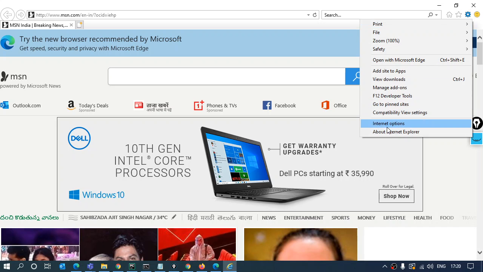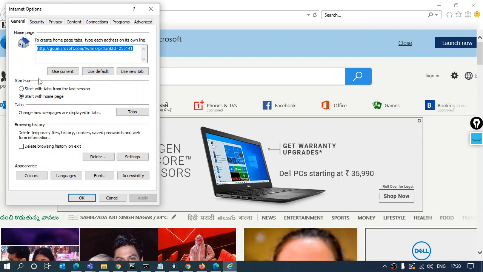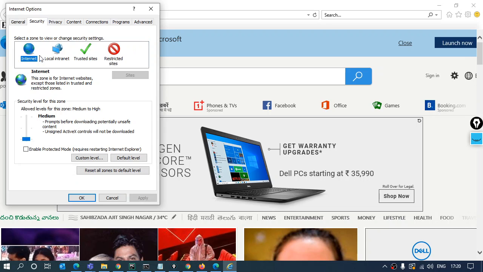Then next changes are in the internet options over here. Just go to these internet options, and over here in the security tab, there are four different zones: internet, local intranet, trusted sites and restricted sites. They have sliders which set the security levels. You need to bring them all to the lowest, whichever is possible, like I have done over here. It's at the lowest and does not have any option, so let this be. Then the enable protected mode option, by default it's checked. You have to uncheck it so that you can work with Internet Explorer.